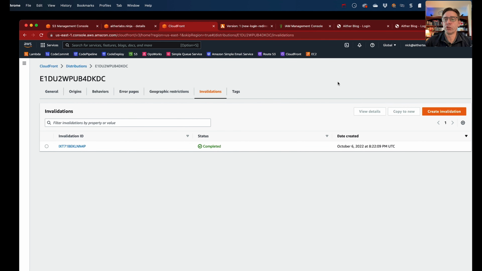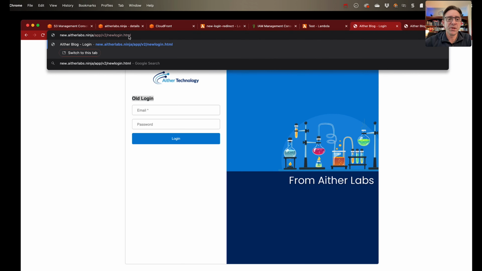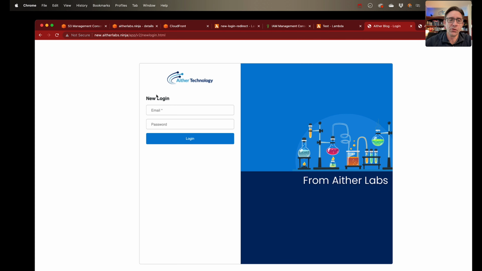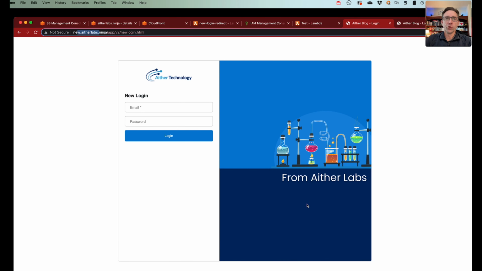So let's go over to our URL that contained our old login page. And I paste in the new URL, and boom. You can see that it's taken us to the new login. It's even redirected up here, which means the 302 redirect works. And now we're good to go. So anybody that makes a request into that CloudFront URL is now going to be appropriately redirected to the new login URL. I hope you all have enjoyed this demonstration of using Lambda and Lambda at Edge and CloudFront